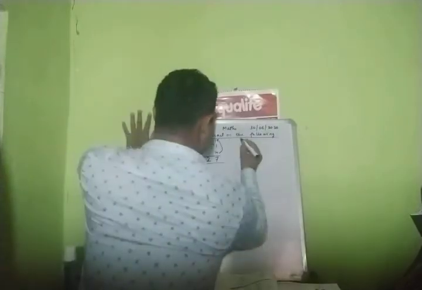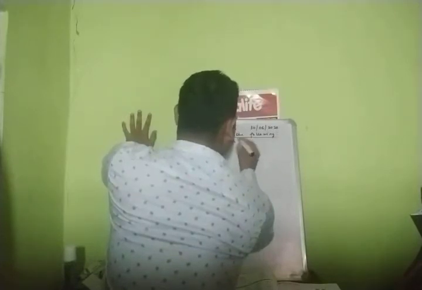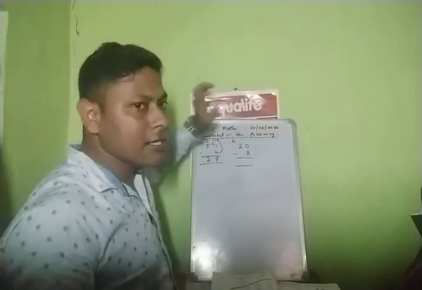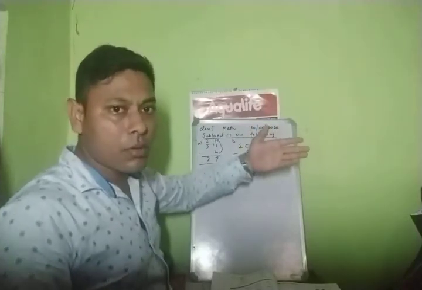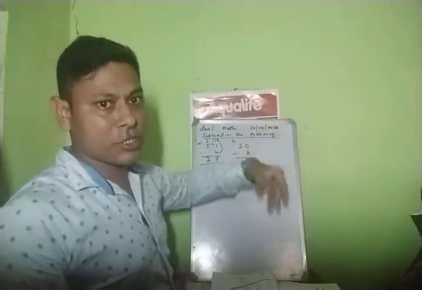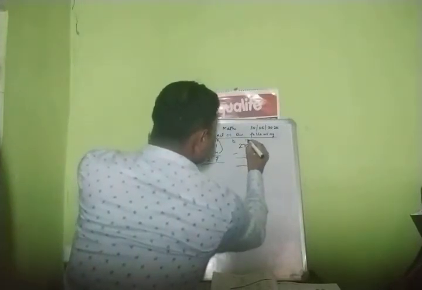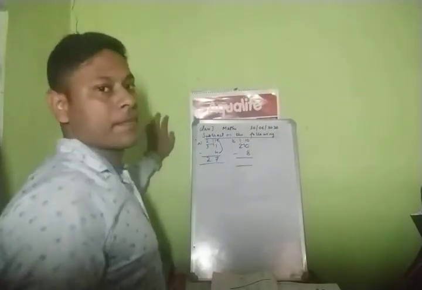See number B. 20 minus 8. See how I am writing? I am giving one gap on the top. Did you see? I am leaving one gap. Why? Now see. 0 minus 8. Can you go from 8 to 0? No. That is not possible. So what you have to do? You have to carry from here. Now 1, 0. What is it? 10. And from 2 you gave 1, what is left? 1.